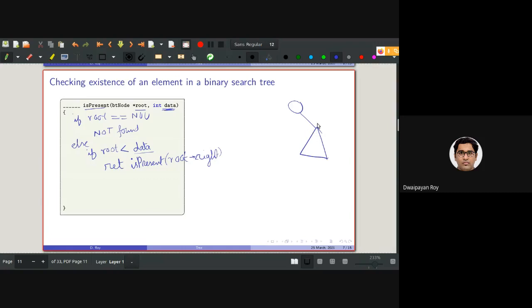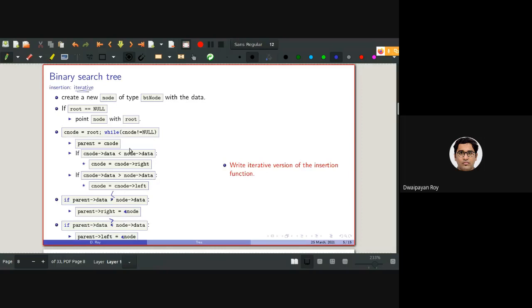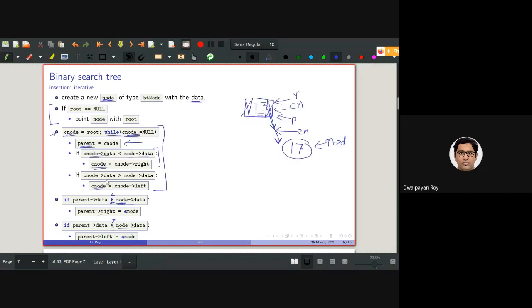Note my word. I am saying I will be placing, but essentially I am checking whether the data is existing or not. So essentially they are the same. When we were implementing the insertion, we were checking where the data will be residing, either in the iterative version or in the recursive version, based on greater than or less than, or the order in which the integers are arranged, ascending order or descending order.